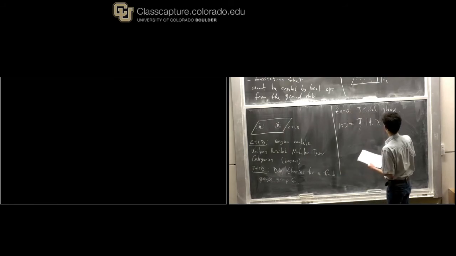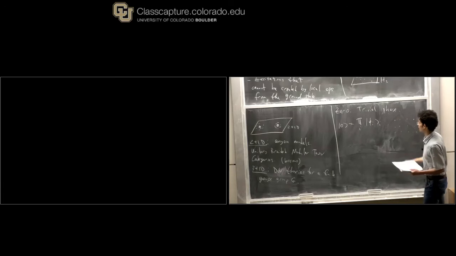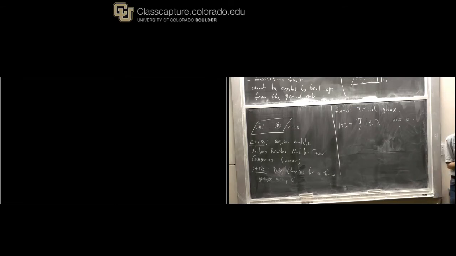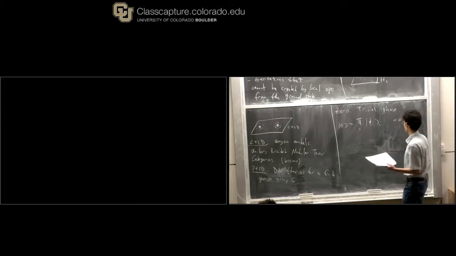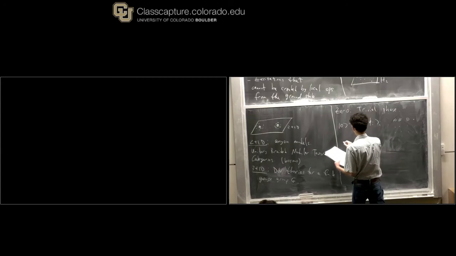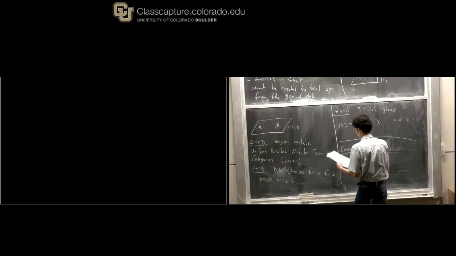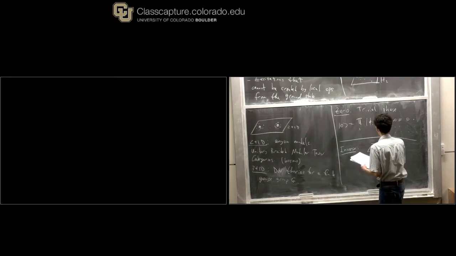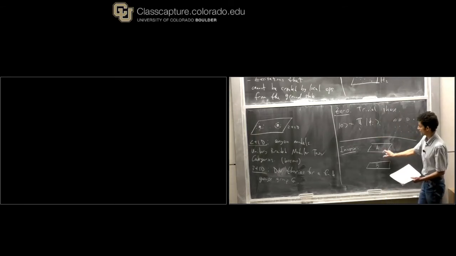Right. So here's my lattice, and the ground state wave function is just a tensor product over each site, completely unentangled. Okay, so this is the zero. So what is the inverse? Well, for a phase A, I define the inverse to be phase B such that when I stack them together